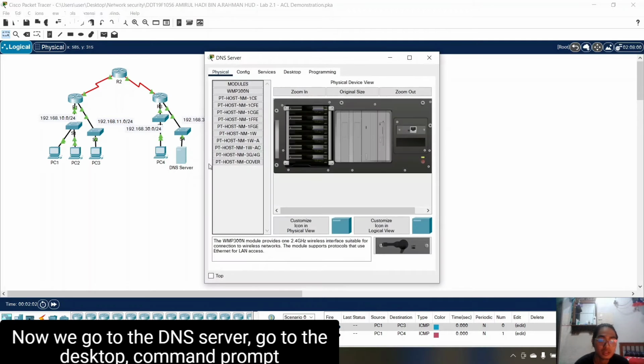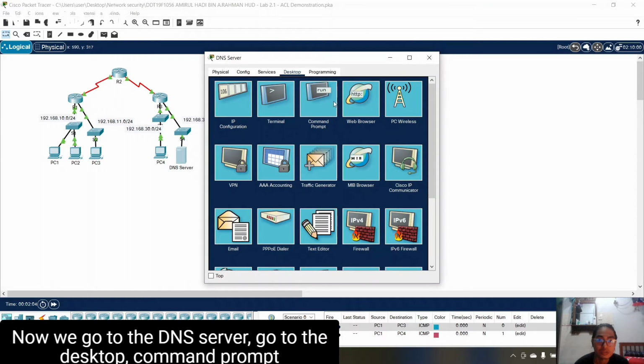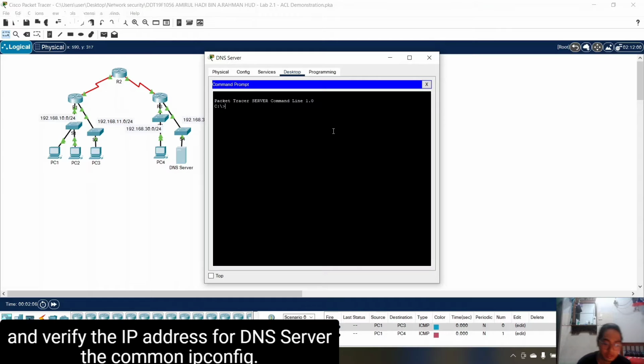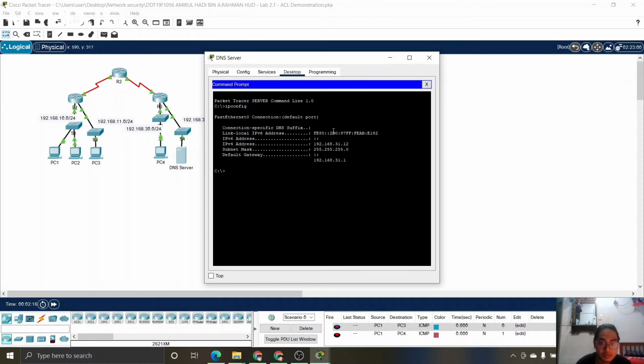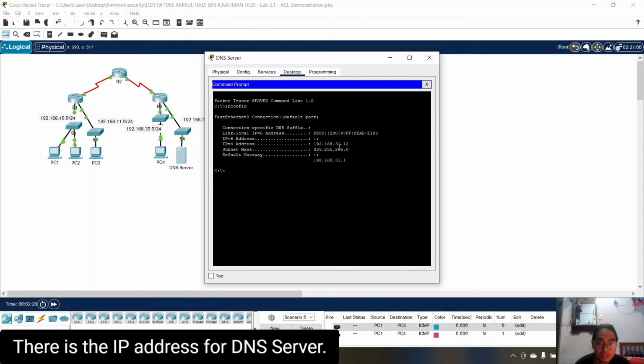Now we go to the DNS server, go to desktop, command prompt and verify the IP address for the DNS server. Put the command ipconfig. So there is the IP address for the DNS server.